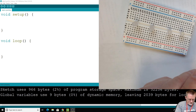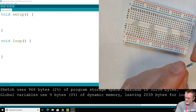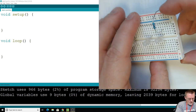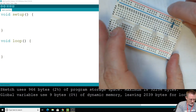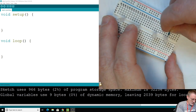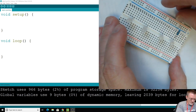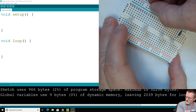Then we've got to add our resistors so we don't damage our LEDs, and we're going to make sure these are in the same row and head them off. I'm probably doing a little bit of a different circuit layout than we've done in the past, and that's a good thing. You can see different ways we can wire things up here. Now I'm heading over to this rail. All of these LEDs are going to end up going to ground, so I'm going to make this entire rail next to the blue line